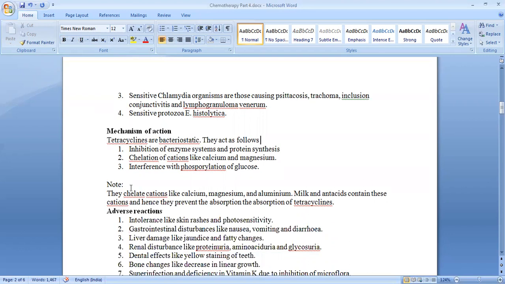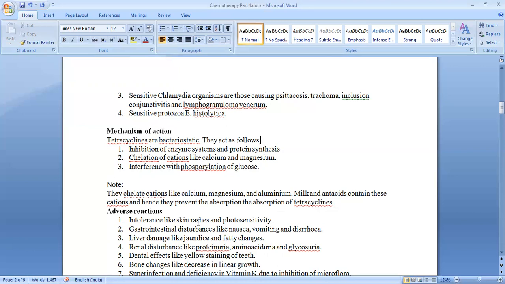Now, as we said, one important thing to note is that they chelate the cations like calcium, magnesium, and aluminum, right? So what can happen is the host, the person who is taking this, in that person's body also, they will chelate the calcium, magnesium, and aluminum. So that can have some unwanted effects, especially if a person is going to take milk. They should not take it along with tetracycline, because this tetracycline will complex the calcium which is there in the milk. So because of that, the tetracycline will not be available in the required quantity for absorption by the